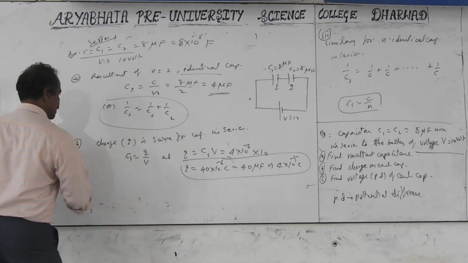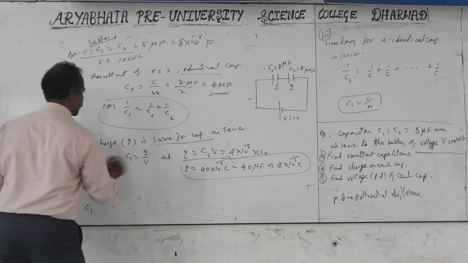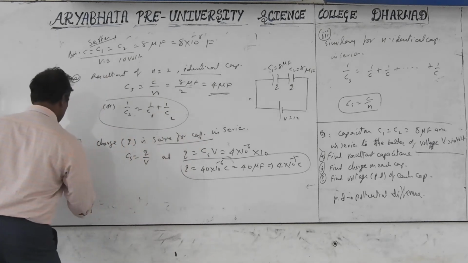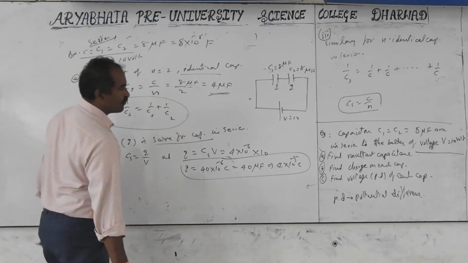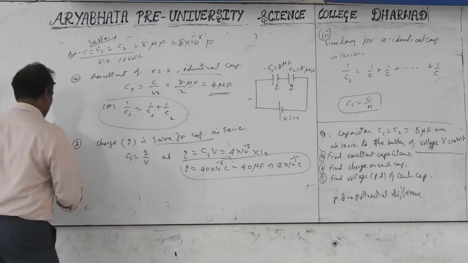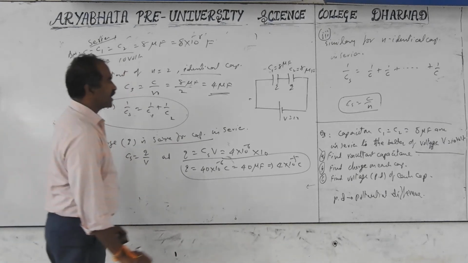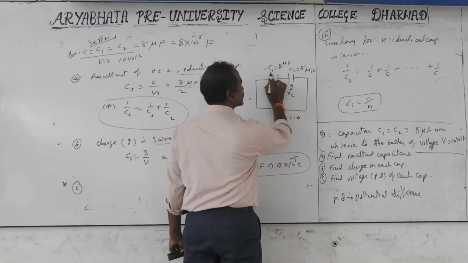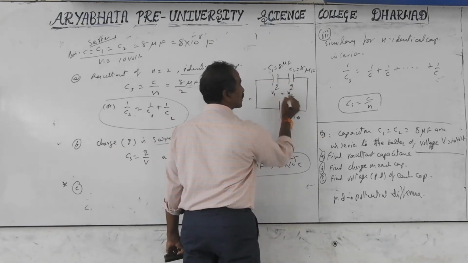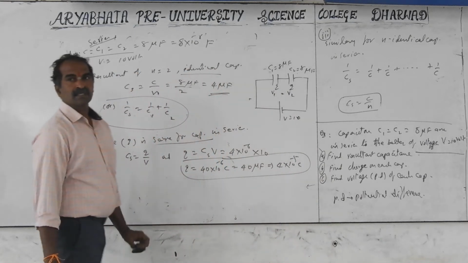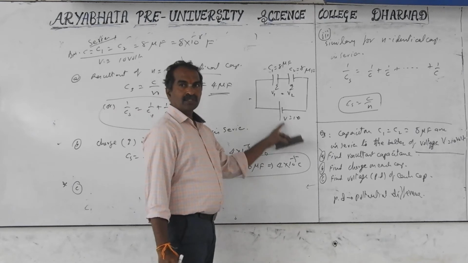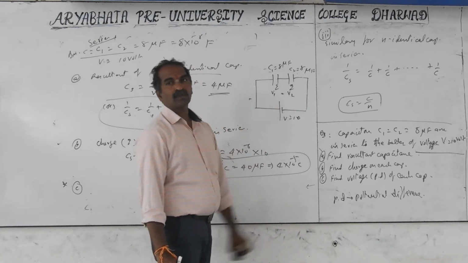Next is the same for each capacitor. I am going for the short form of capacitors, C. Find the voltage across each capacitor. This is important for capacitors. Whenever charges are the same, the potential is also equal. V1 equal to V2. V1 plus V2 is nothing but equal to the total voltage V. So V1 is equal to V2 is equal to V by 2 volts.